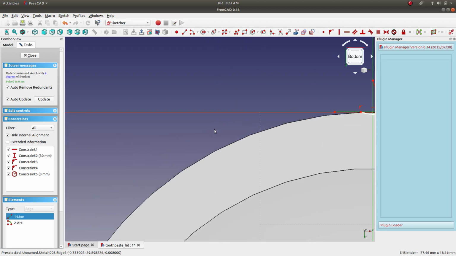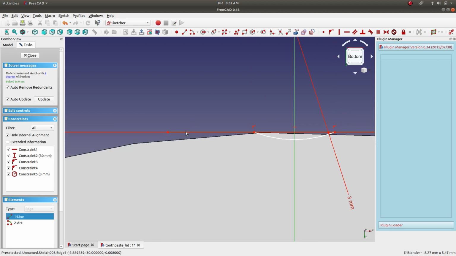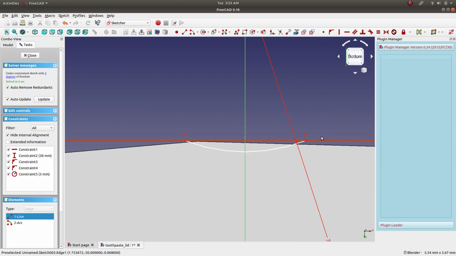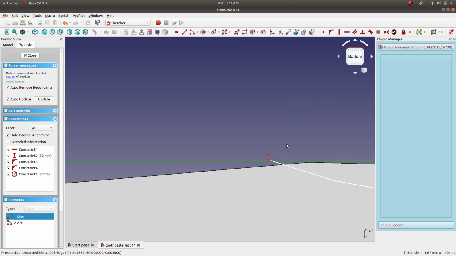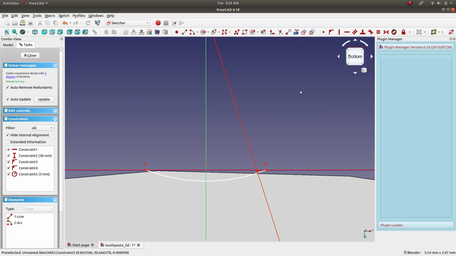But the line we had, this one is a reference line. This still looks like it's not a reference line. You can see it's white. Select that line and then click on this, so now the reference line is blue. You can see it pretty closely. Now